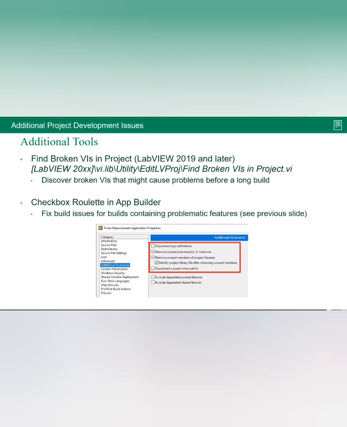So those 5 checkboxes there on the additional exclusions page in App Builder, I've seen more times than I can count that a build that generates a broken exe, or a build that errors out due to some cryptic error, playing around with those checkboxes can sometimes fix the problem. Now I say fix, obviously there's a bug in LabVIEW that's causing the problem, but playing around with those checkboxes can get you an exe that runs, which a lot of the times is what you need when you're crunched